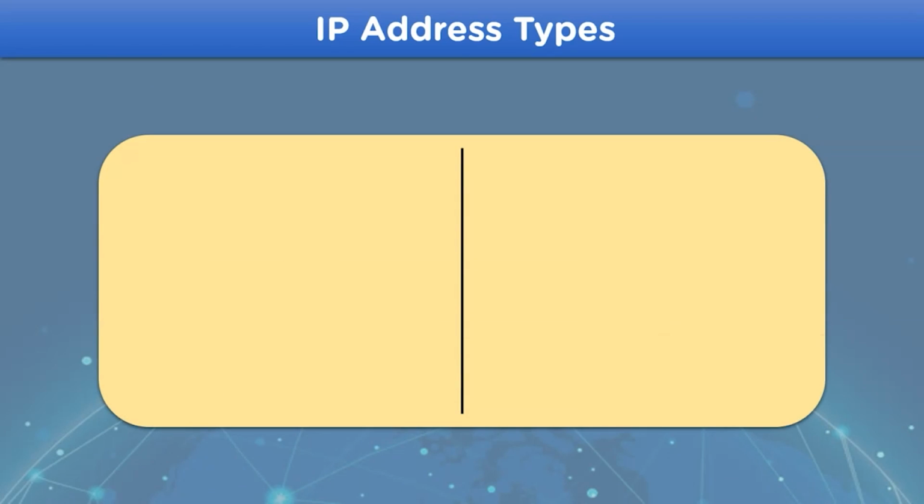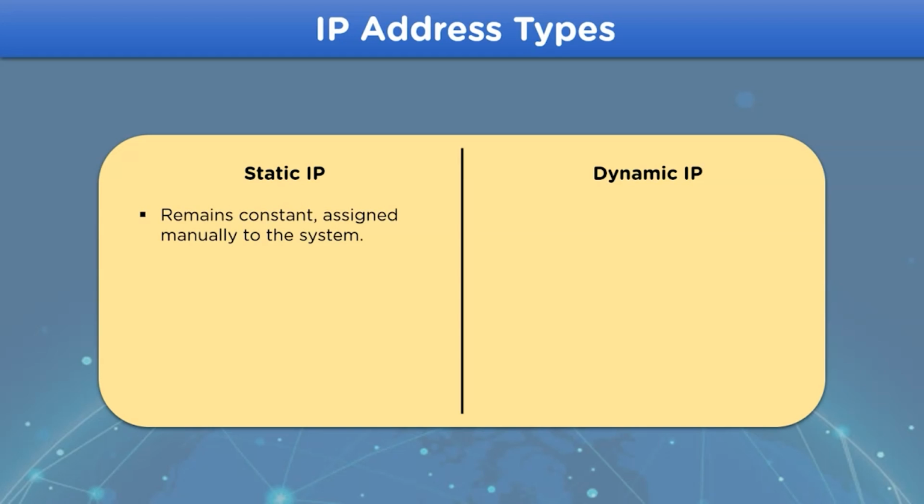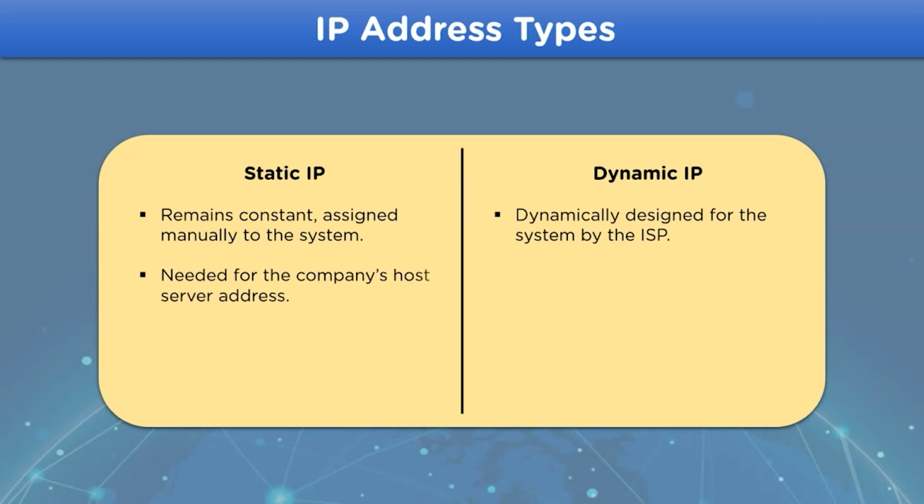Let's now see the other two types of IP addresses, which are static and dynamic IP addresses. A static IP address is assigned manually and is constant to the system, whereas a dynamic IP address is assigned by the internet service provider. For static IP addresses, the importance is much more, whereas the address is used for business and it is not beneficial to have a different IP each time. In case of a dynamic IP address, the assigned IP for network devices does not need to be dedicated.